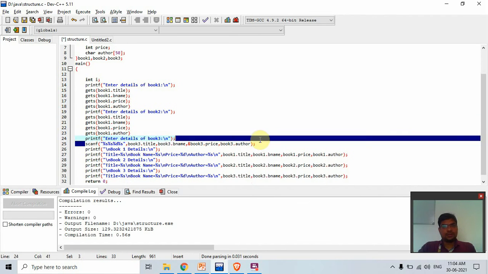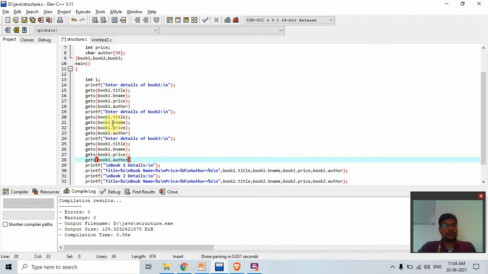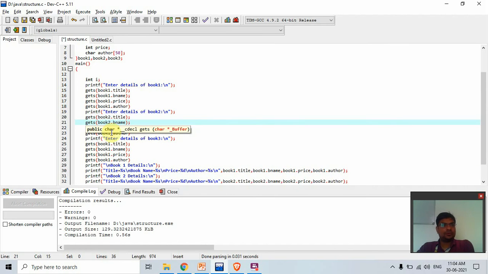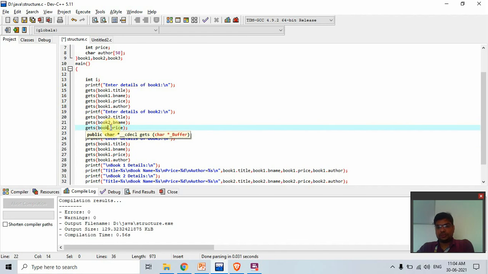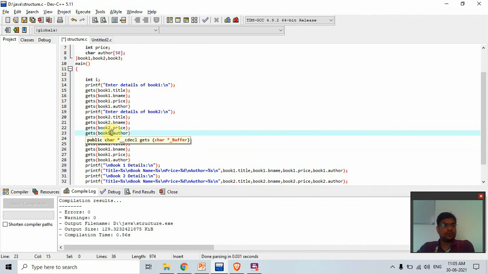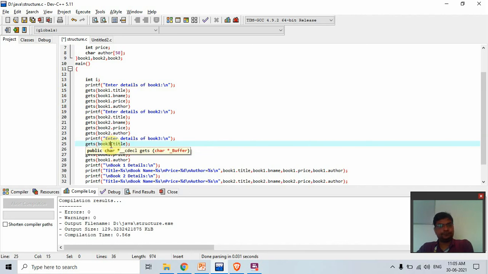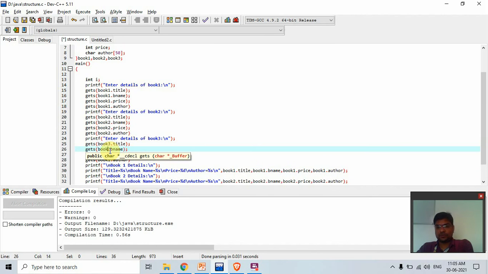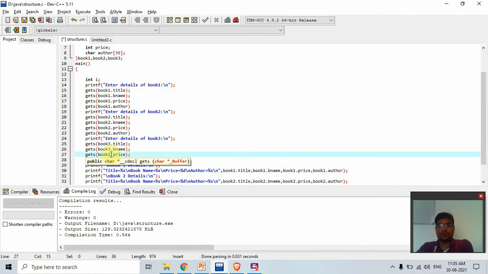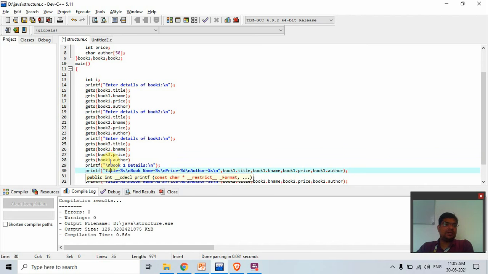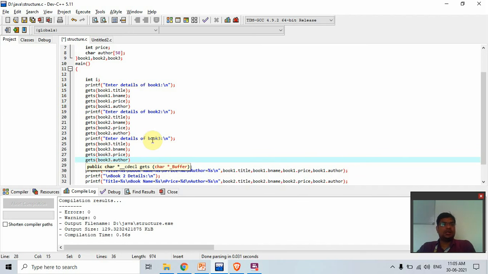Here book 2, and here also book 2. Now book 3. It is too complicated, but if we have only 1-2 items to add, then it is fine. For thousands of items we have another choice. We perform this in the next example.